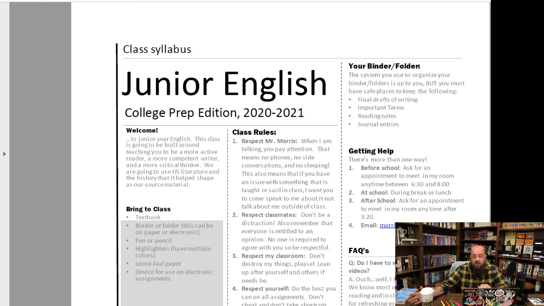You need to have it saved in your OneNote, or you need to have an actual physical printout you made so that we can look at them. We won't do it very often, but when I want you to, I need you to have it. We don't do vocab in my class per se, but we do have 2 lists we're going to keep.